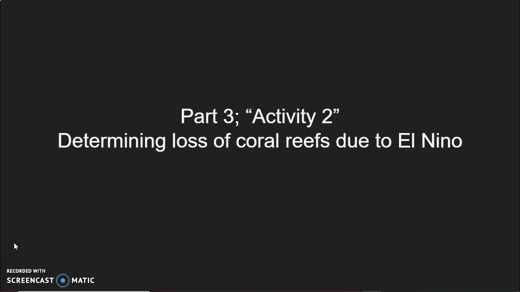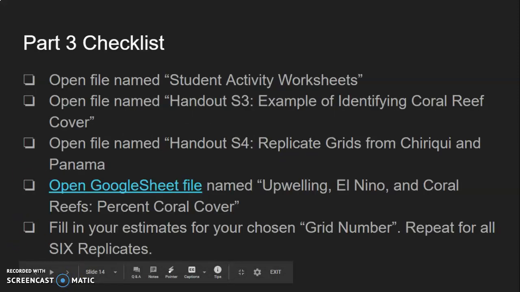Okay, good students, we are on to part 3 at this point, and that's going to be activity 2 from the student worksheets. Here's what you need to get together for part 3. You're going to open up the file named Student Activity Worksheets, then we're going to use that again. You need to find handout S3, you need to find handout S4, and then there's this Google Sheet file also